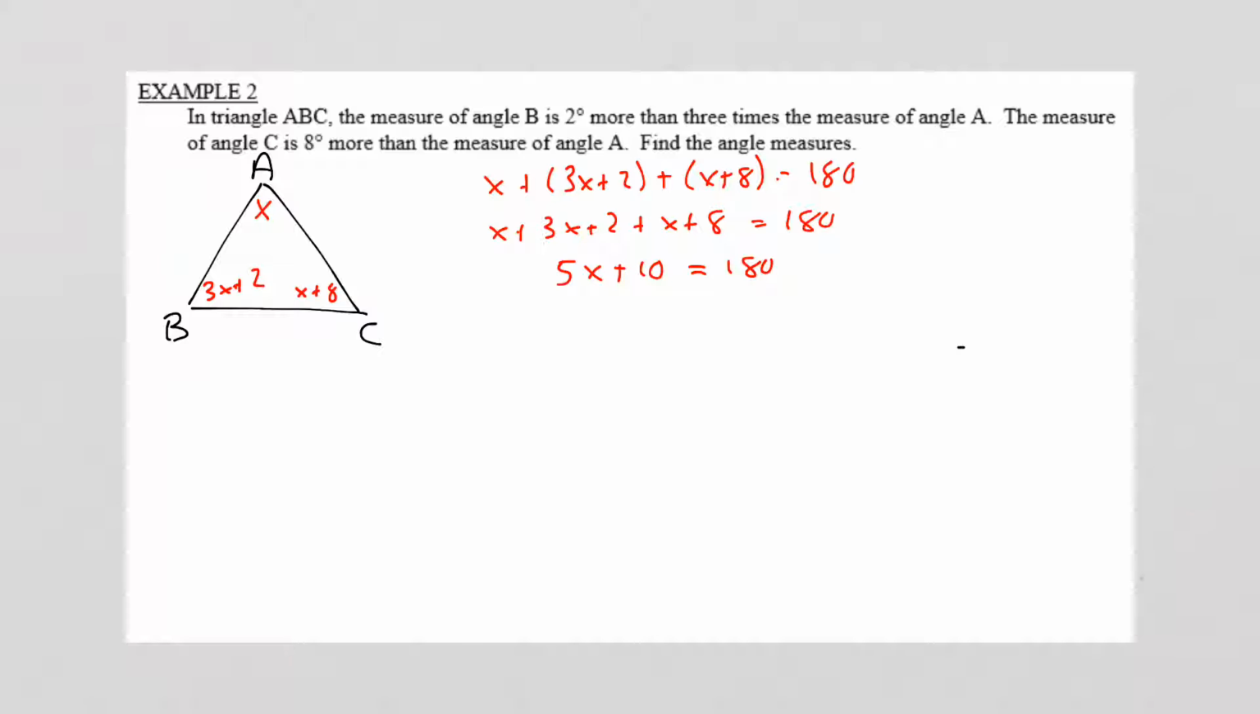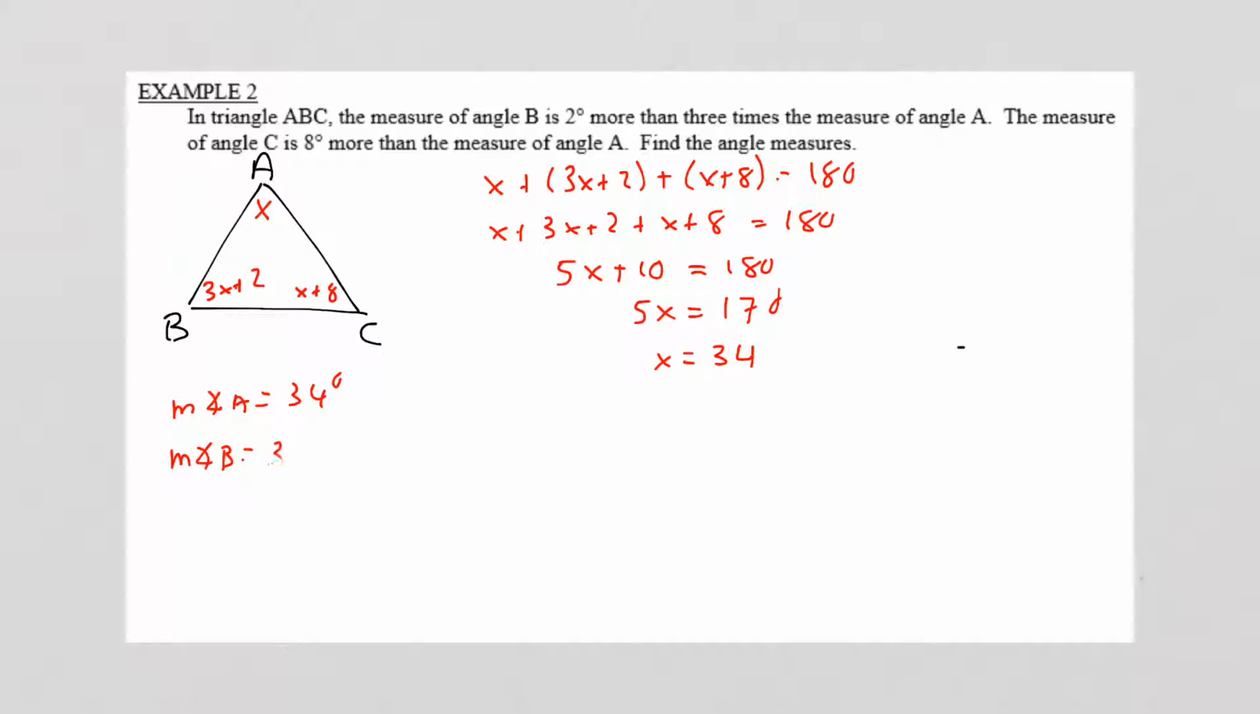We're going to subtract the 10, so that gives us that 5x equals 170. Dividing by 5, that gives us that x equals 34. Now we just need to find the measure of all 3 angles. So going over here, we know that the measure of angle A is 34 degrees. We know the measure of angle B